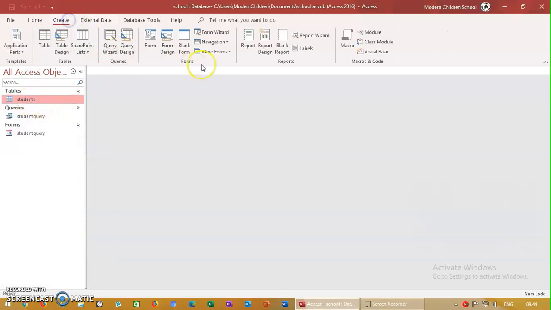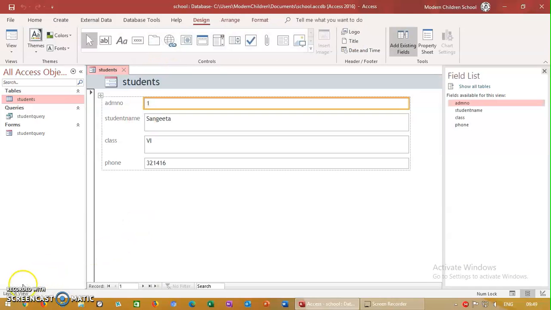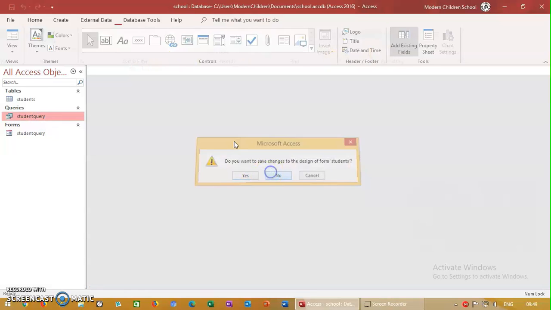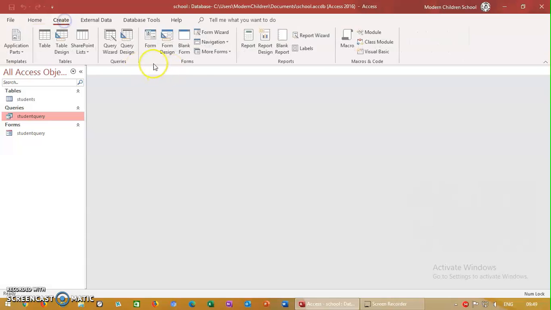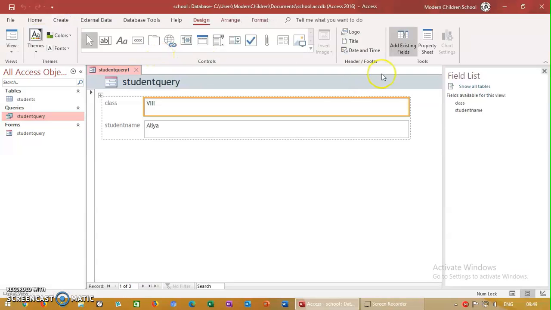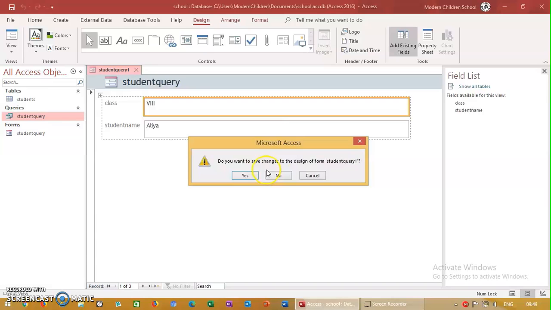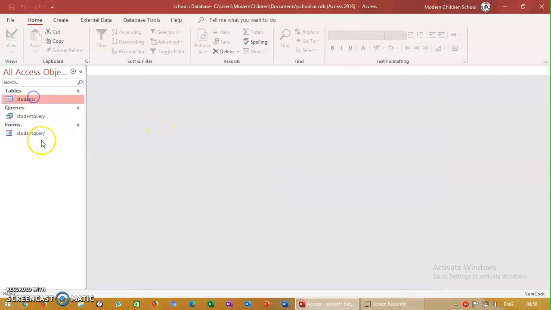Now let us create a form on the table, just to show you that you can get all the fields. Now see, I selected the table first, and then I created the form. Now I am getting all the fields in this form. Again go to create, and with student query you are getting only two fields. Got the difference? So click on the table,